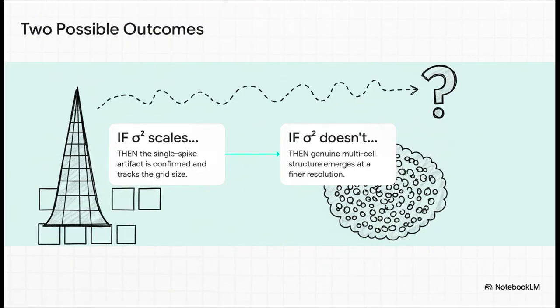And this sets up a beautiful experiment with two clear, falsifiable outcomes. Possibility 1. The cellwise variance just neatly shifts to the new one-hot value for n equals 2048. If that happens, then case closed. It's a single spike artifact that just scales with the grid size. But if the variance does not scale like that, well, then things get really exciting. That would suggest the mass is finally starting to spread out over multiple cells, that we're seeing the beginning of some genuine small-scale structure. And that leaves us with a really fascinating cliffhanger for the next stage of this work,